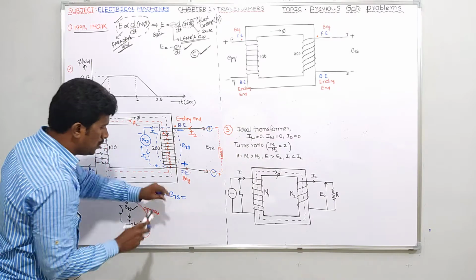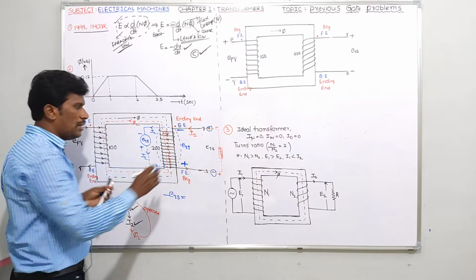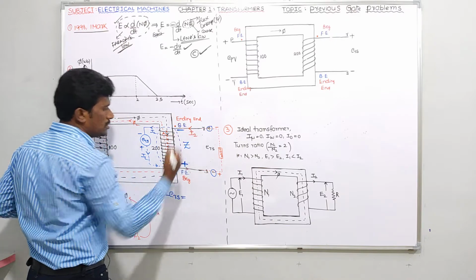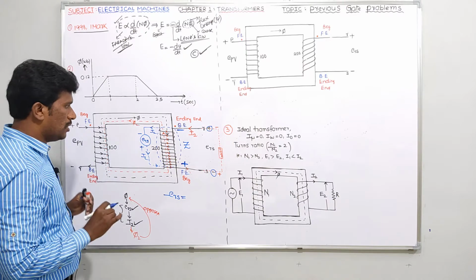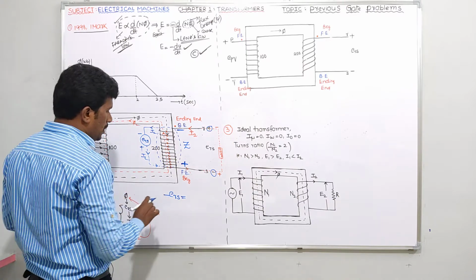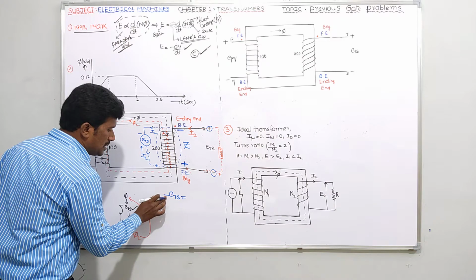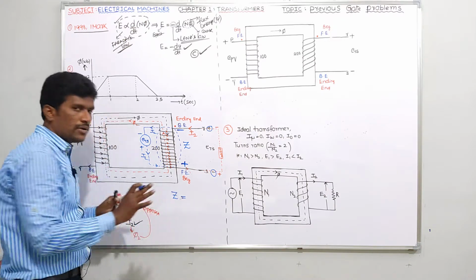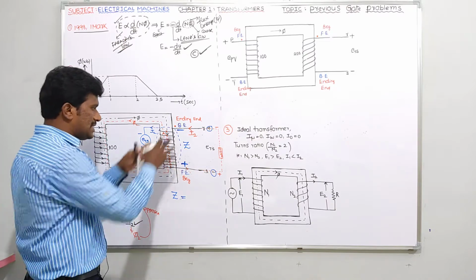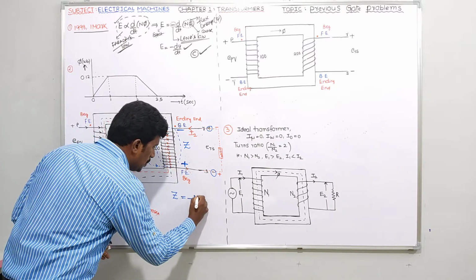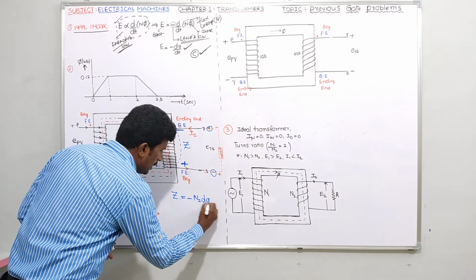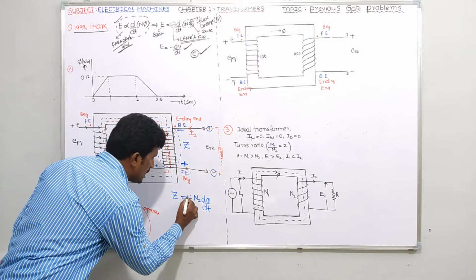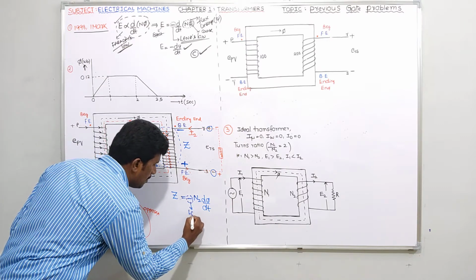Don't get confused by seeing this one. Otherwise, I'll make it easy. I'll write it as something Z, so that it will be easy for you. Z voltage. Okay? So Z equal to, just don't confuse by seeing this minus. Z may be minus or whatever. Z equal to, formula in secondary side, minus N2 d phi by dt. Why am I writing this formula, guys? Minus is due to Lenz law.